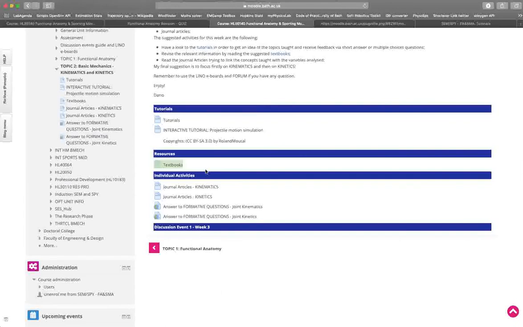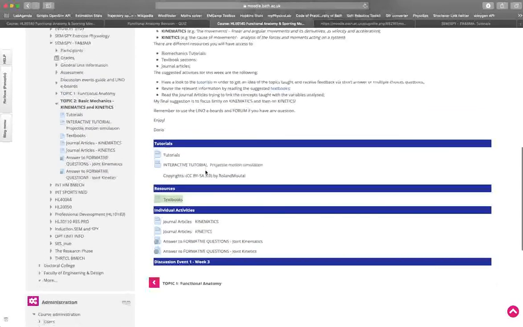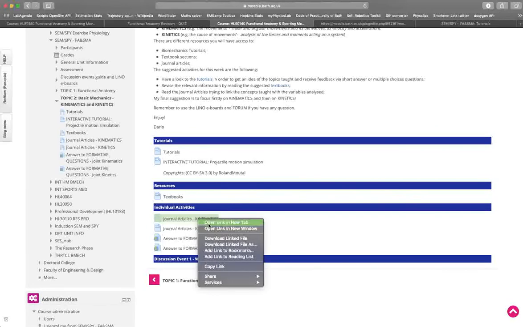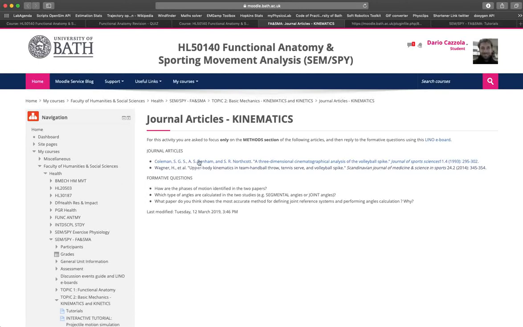Finally, the only more proactive or active task of this topic is a mini discussion. I provided you with some kinematics and kinetics journal articles. There are a couple of articles per topic, so 2 for kinematics and 2 for kinetics. You can download them from these links. And I also included some formative questions that you could answer by reading these articles,